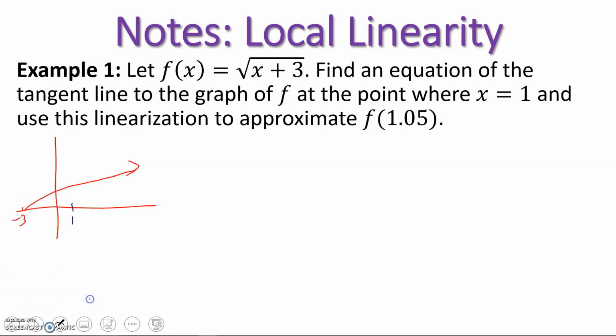If we zoom in close enough at 1, we see that the behavior of the curve is approximately linear. And what we want to do is find the equation of that line